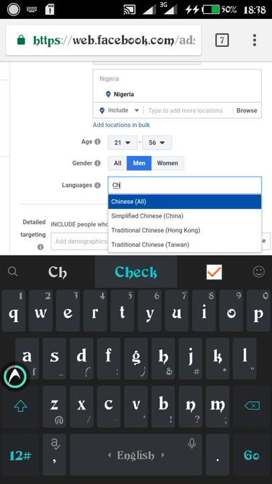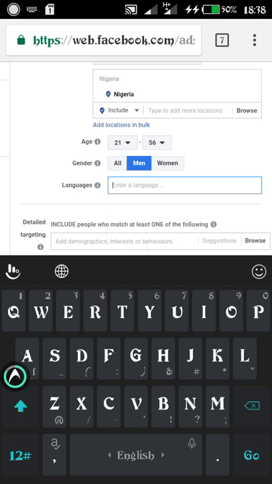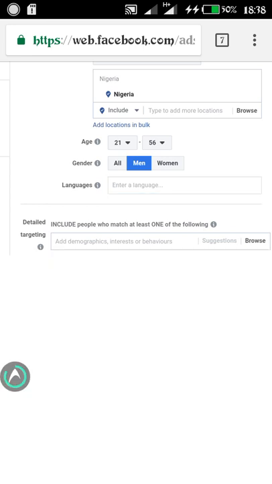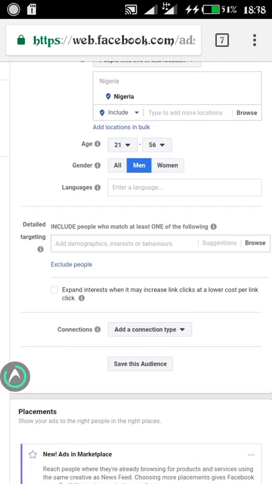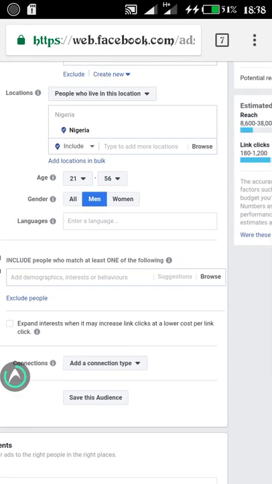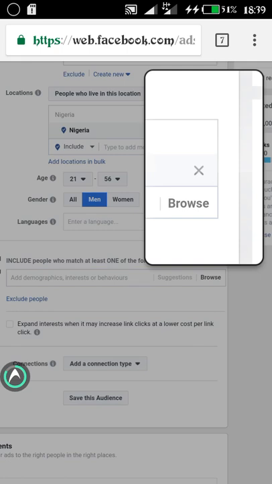know that the best one to use is English. And like majority of Nigerians, even though they can't speak good English, sorry, forgive my language. We know that in Nigeria, the most popular language we can speak is English. So normally, you can choose whatever language you want, but normally I leave this place blank. I don't tamper with it. I leave it blank. So now coming to the aspect of the location, which is Nigeria, you can decide to